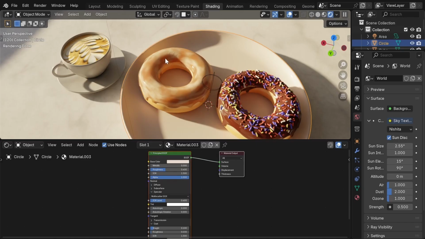Light isn't quite traveling through the glaze the way we expect. Ideally, light should enter the glaze, scatter slightly within the thin sugary layer, and exit again, producing that smooth, glossy shine. Right now, that internal light movement feels a bit restricted, and the reason comes from the displace modifier we